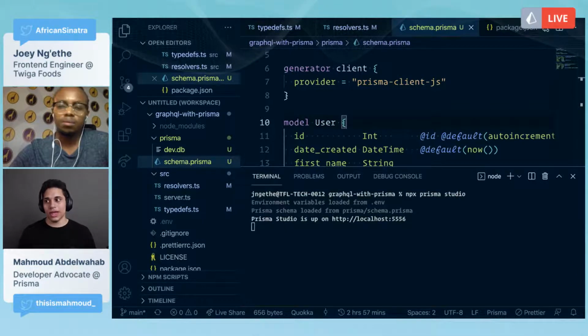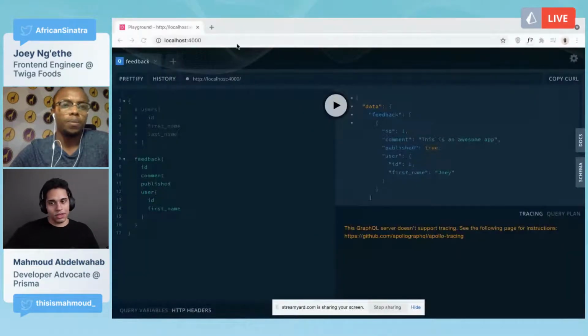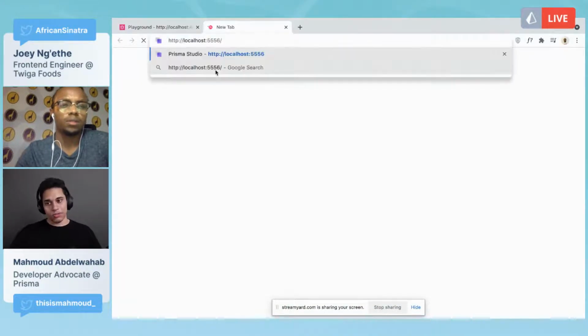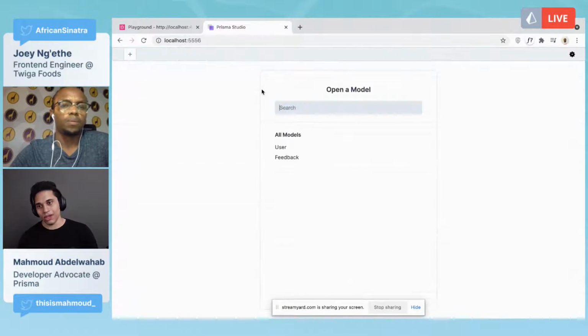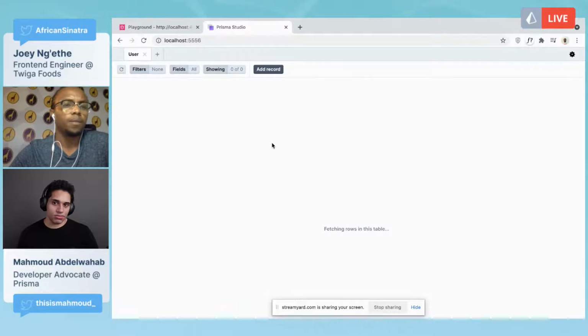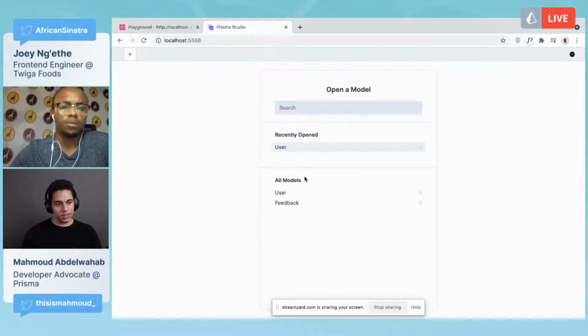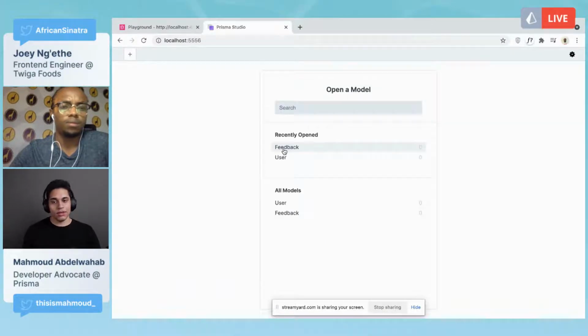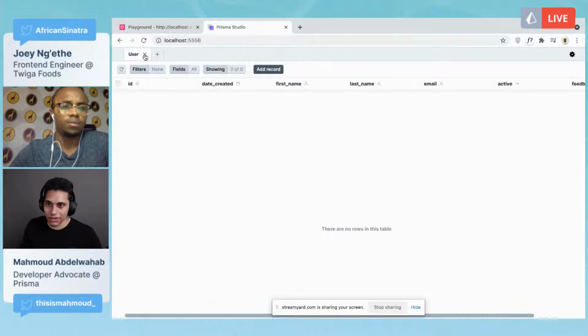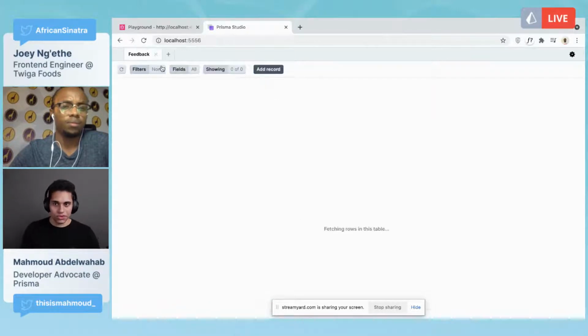There are two ways to actually add data. We can do this manually using Prisma Studio, where we can create a user along with their feedback, or we can write a seeding script. We don't have to do that right now, and I'll link to the documentation. A seeding script is a function that we can run that will populate our database with data. This is really useful if, for example, someone is cloning the project and they want to have dummy data inside their database. Right now we don't have any users and we don't have any feedback, so let's create a user and feedback.